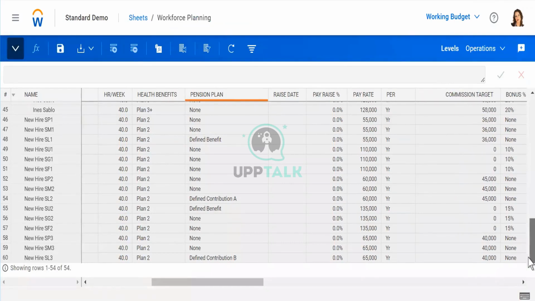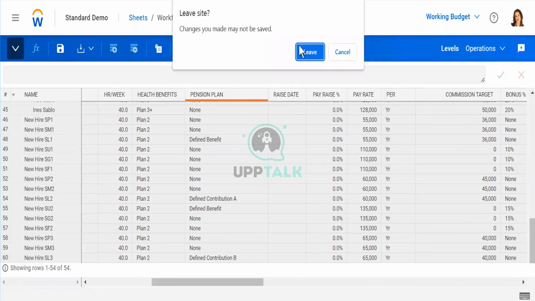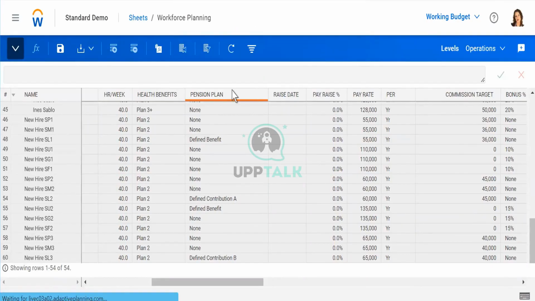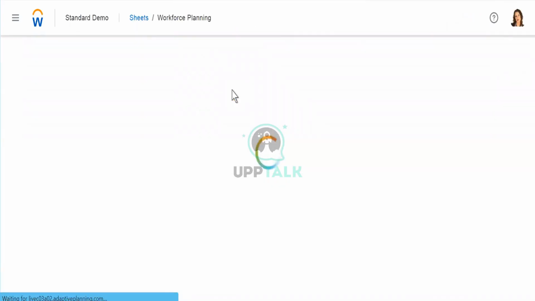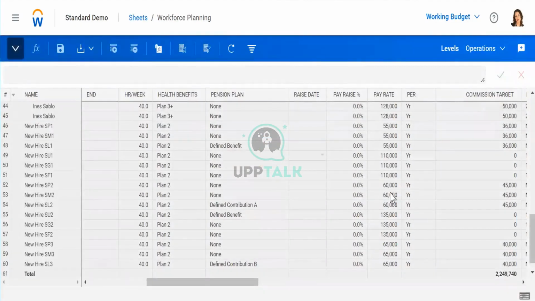But now at the bottom, you are not able to notice any total. What I will do, I will just refresh the page. Yes, can you see at the bottom?